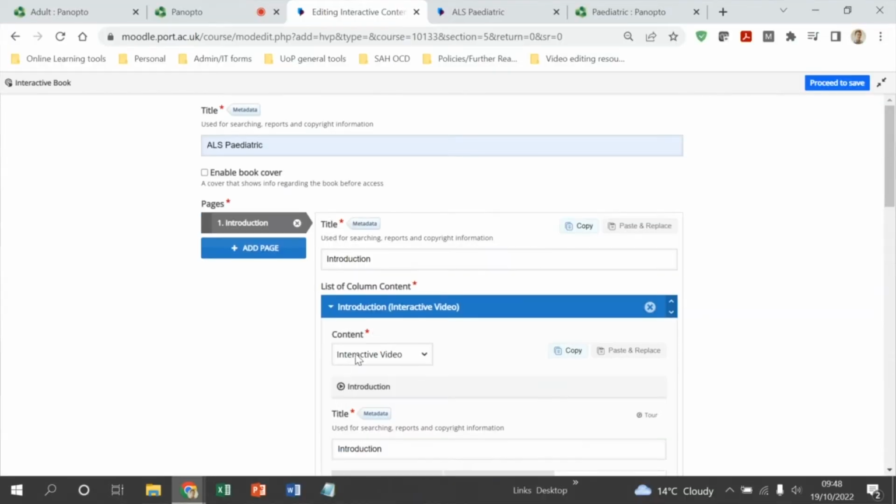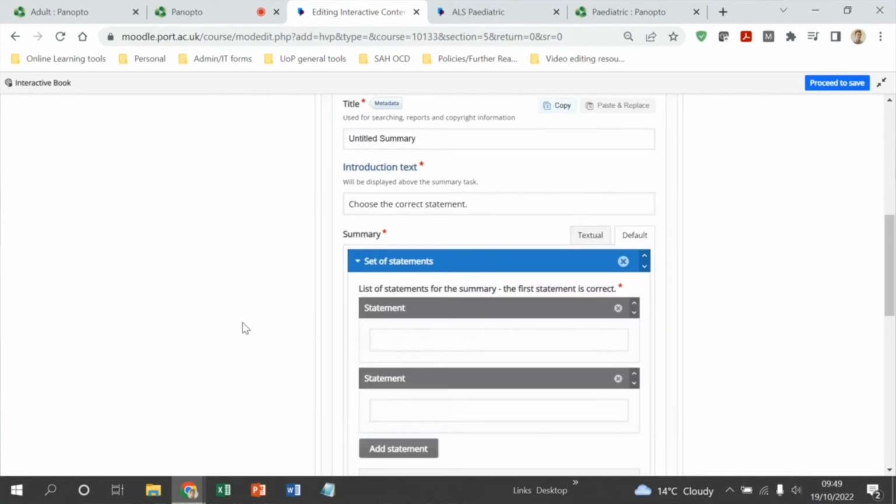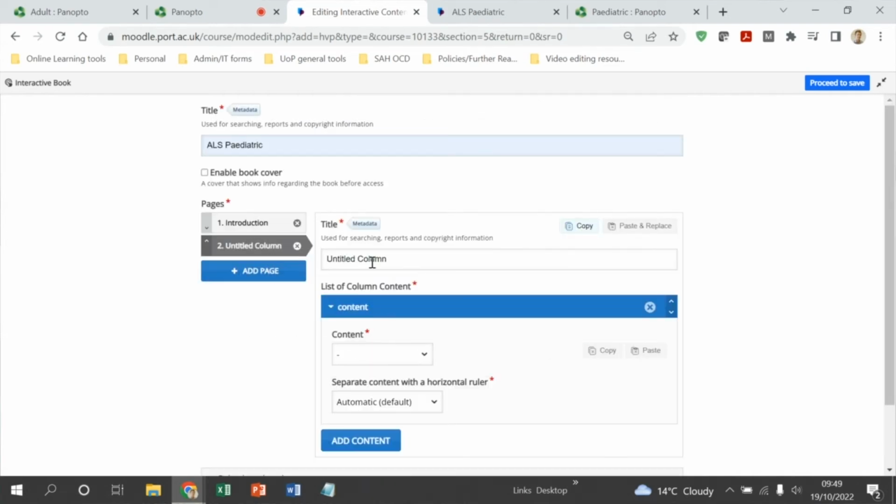You can continue to add content on this page, and you can go down quite far. We're just having the one video at the top, but best practice, I would say certainly no more than 3 types of content on one page. Otherwise, the student will have to scroll down, and they're likely to disengage. But in this example, we're going to just have one type of content on this page. So that's the introduction. Once we're ready for that one, we can click Add Page,